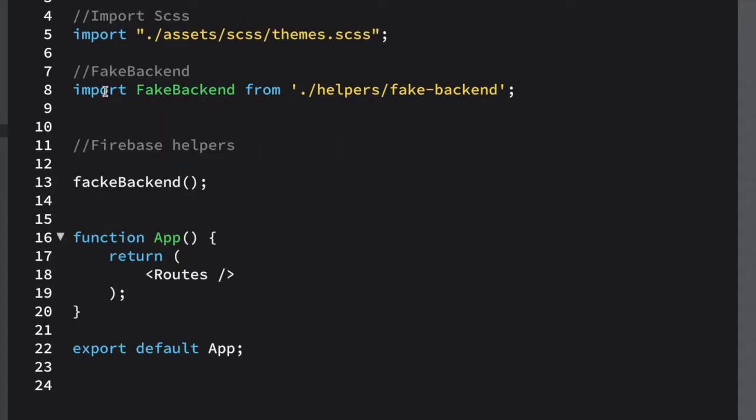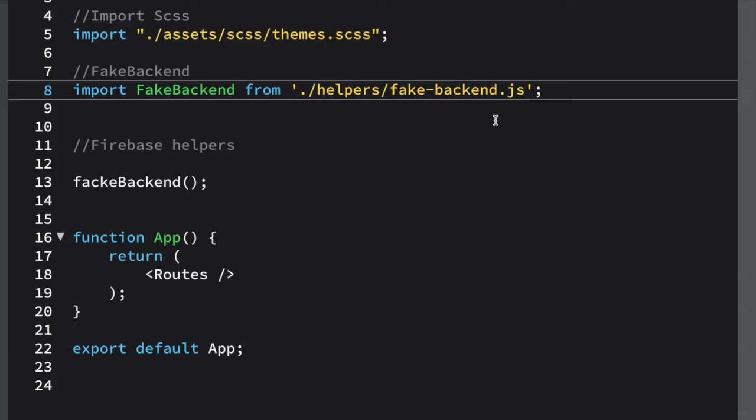So you can see I have imported fake backend from the helper folder, and inside which there is a file known as fake backend. So here is my helper folder, okay, which contains a file named fakebackend.js, just as mentioned here. And also friends, it doesn't matter whether you put .js here or not, because it actually recognizes it by just its name. Okay, so you don't need to mention its extension here.